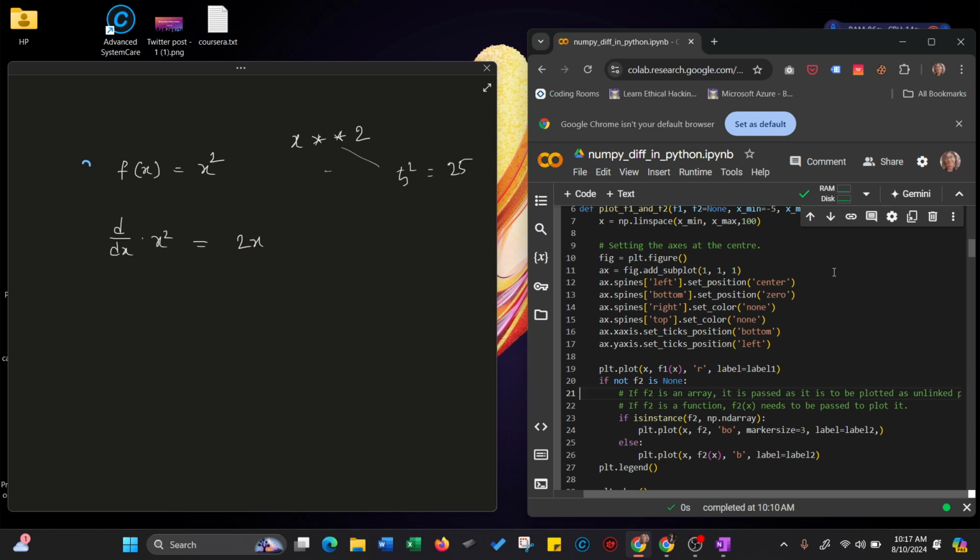So we are positioning the y axis at the center, and in the x spines, bottom and 0,